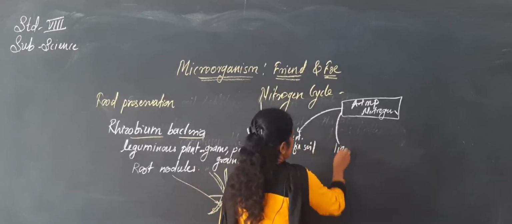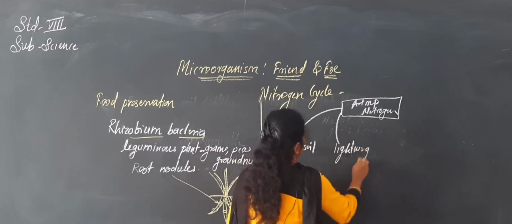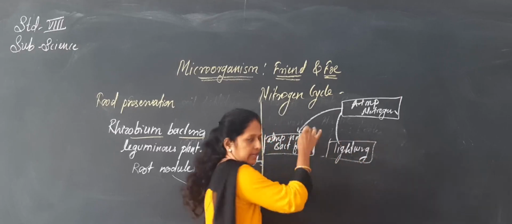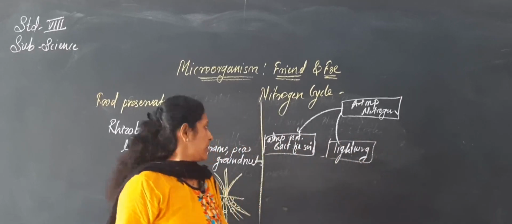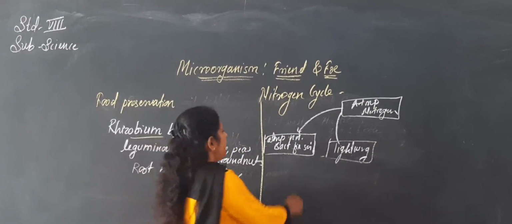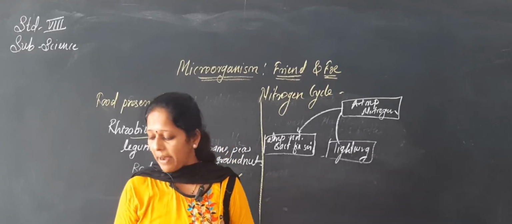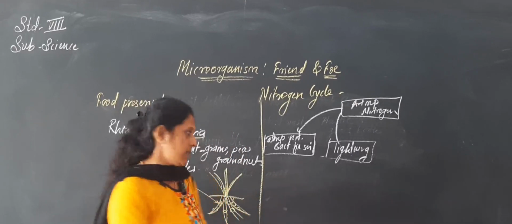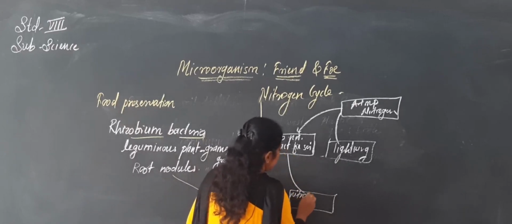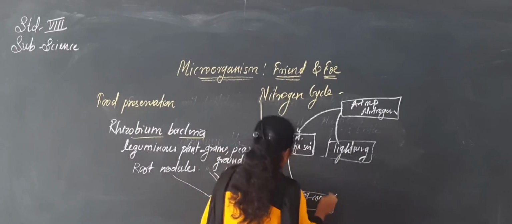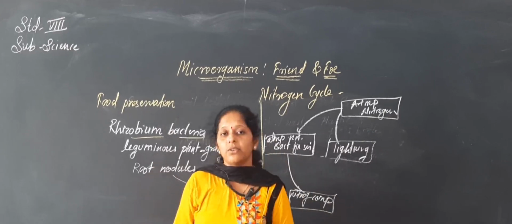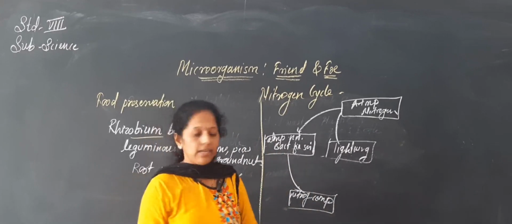Also, by the lightning method nitrogen will be fixed. So these are the two methods of nitrogen fixation. It is taking place here in the soil, and then this nitrogen will again be converted by the bacteria into nitrogenous compounds. It is necessary to convert it into nitrogenous compounds, so these bacteria will convert it into the nitrogenous compounds of the soil.